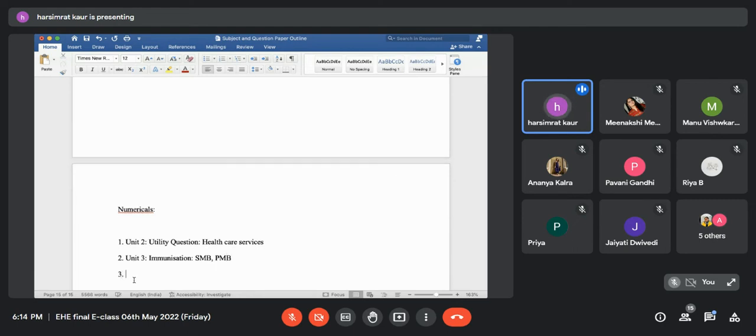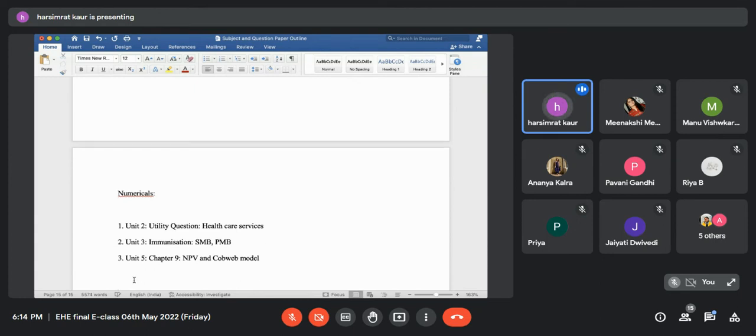Then from unit 4, there will be no numerical. Then from your unit 5, that is from your education sector, the numericals will start coming. So guys, from chapter 9, it will be on the net present value and your cobweb model. Okay, that would be. Then in chapter 12 that we did today, largely a question on the index of